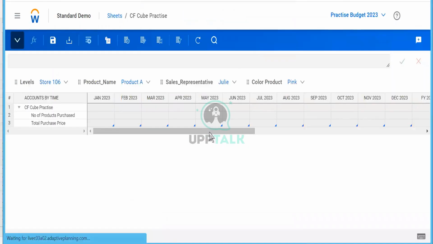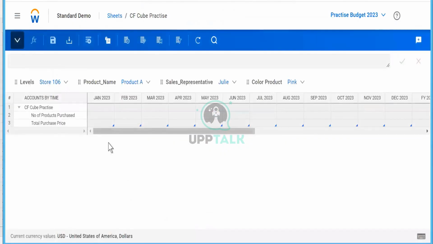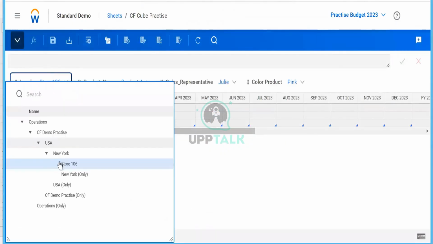The refresh button is here, and then you will notice that you are not able to select any other stores from Mumbai, any other stores from Bangalore. Can you notice any other level here apart from store 1 and 6? The only thing is the parent level, which is there by default. It is given because you need to have a roll up level for store 1 and 6, which rolls up to New York, which rolls up to USA. What is that? New York only.